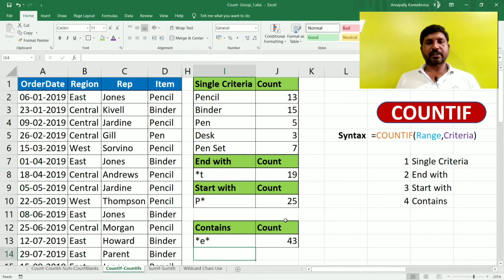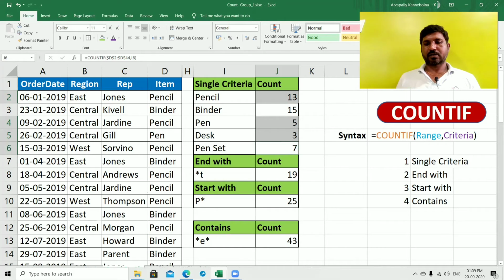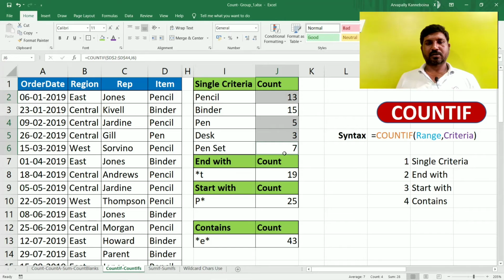So we get 43. This also, this and this. So 20. Yeah, everything matching. So every item getting E in between.